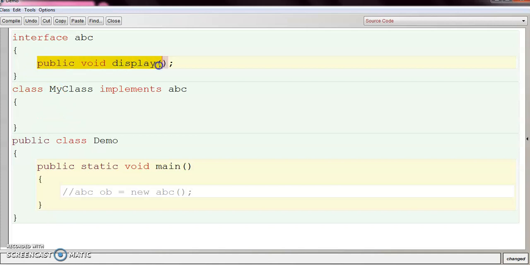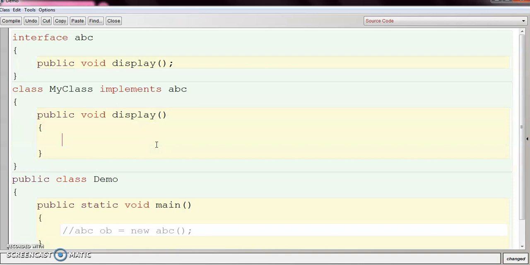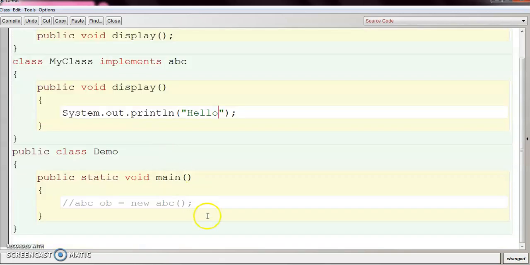So, now I am going to define this method inside the class and just typing a simple print statement. So I am just typing hello here. Now we can create object of this class.